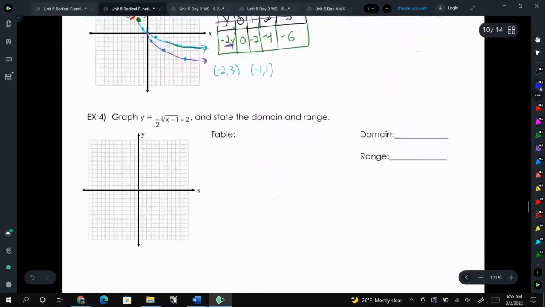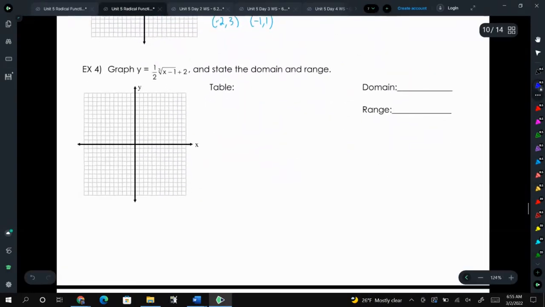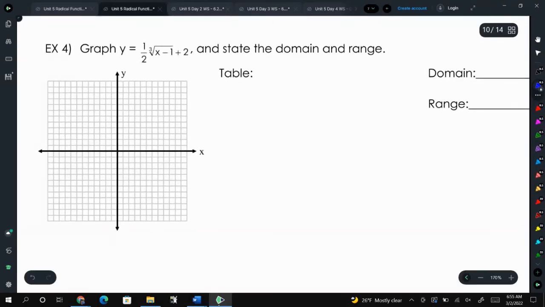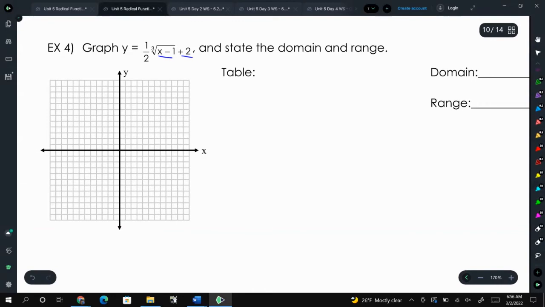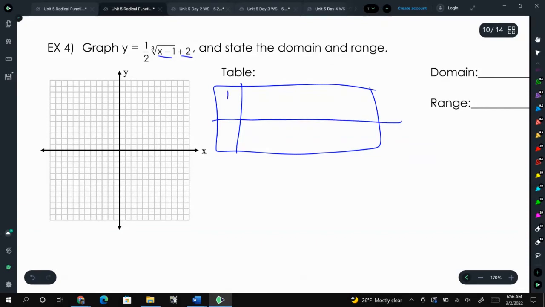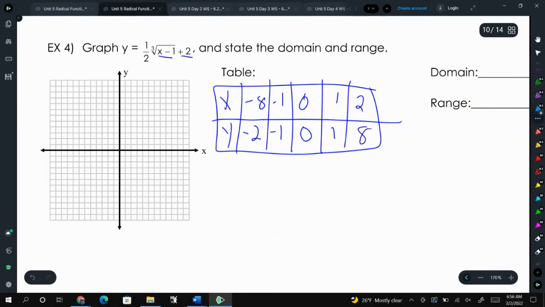All right, so let's go down and look at example 4 here. This is a cube root function, just like the one above. And with this one, has the same a value, so the table is going to look the same, but we have an h and a k. So let's start with our table. Remember, all cube root functions will start this way. And then we'll have that third row here,